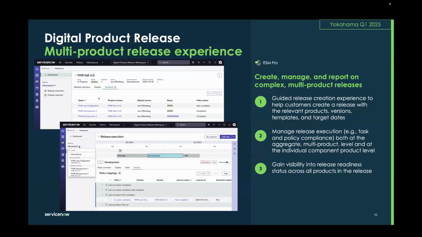So if you were releasing just ITSM or change management, or you have one microservice that you work with, or one larger application, each of those would have its own dedicated release. So if you had 5 different products, even if they went together, you still would need to have 5 releases